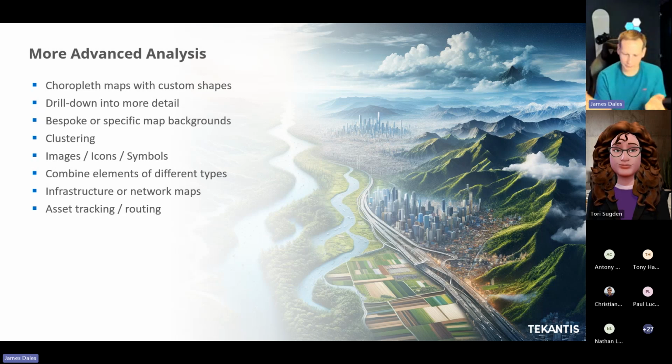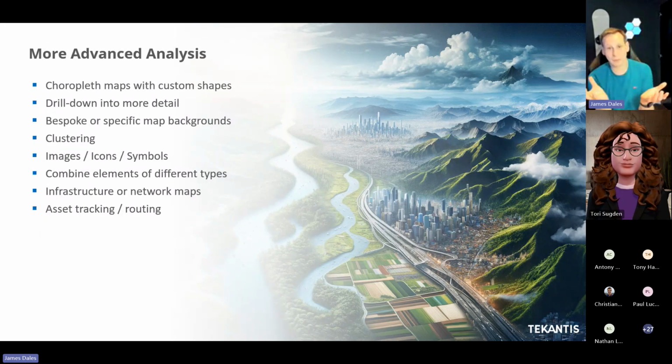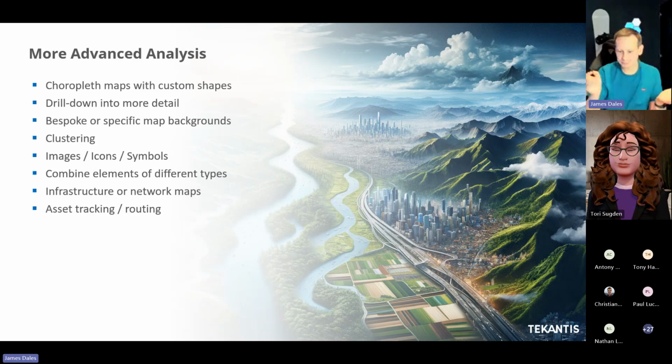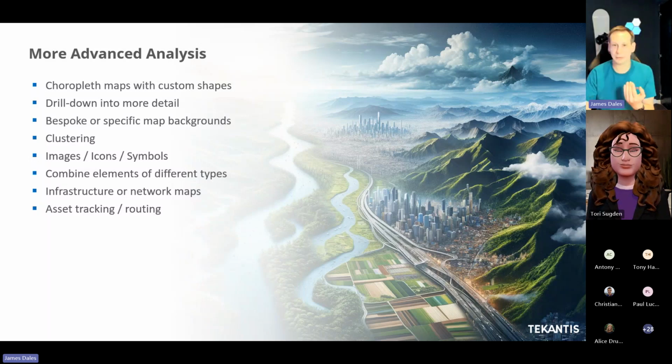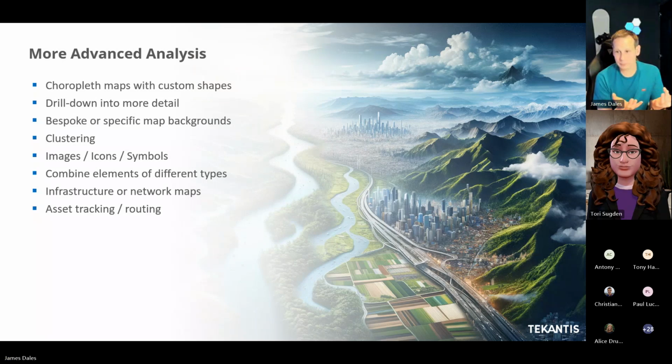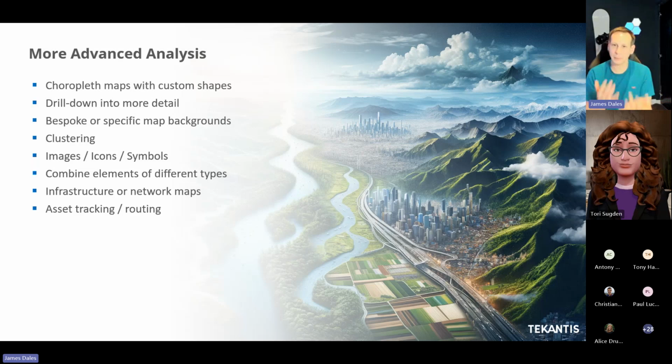So a choropleth map is like a thematic map with boundaries or polygons or shapes on the map, and we color those shapes based on the values in our data, either through different color intensities or different colors. And you can do this with both Azure Maps and the Esri Maps, but you're limited to the built-in geographies that those maps understand. If you want to use your own custom shapes, then